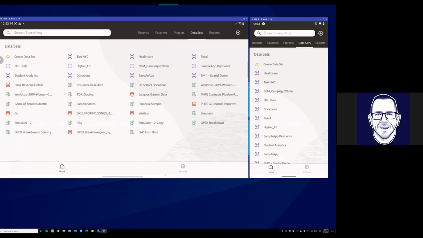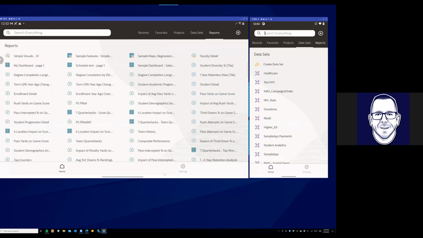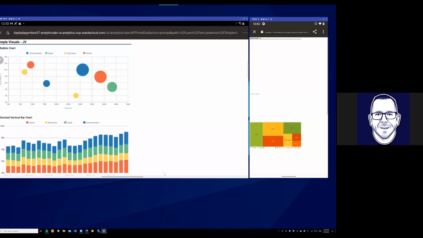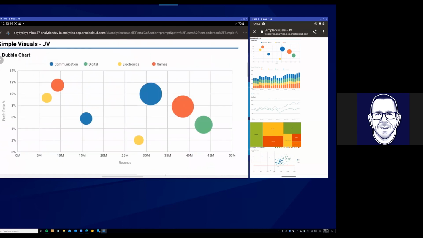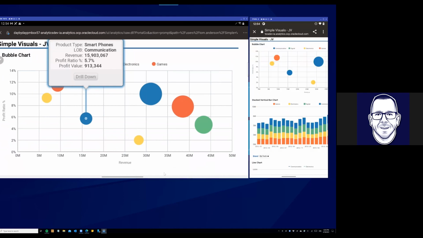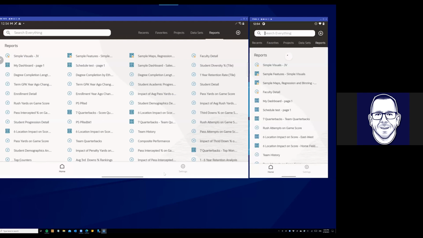So as I was saying, data sets is for somebody who's got elevated privileges, because not everybody wants to create stuff on the go. And then reports is more the classic content. So if I wanted to access some answers, reports, and dashboards, I could open them. They're pretty much the same experience you get today, given some of the limitations of the classic platform when it comes to mobile architectures.